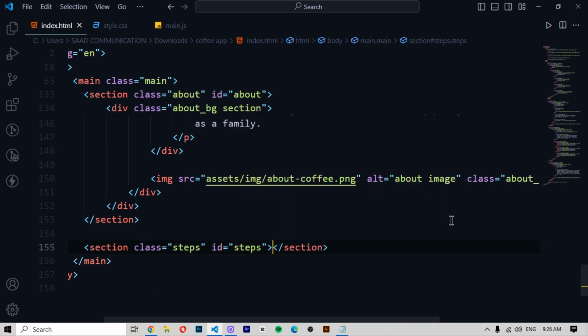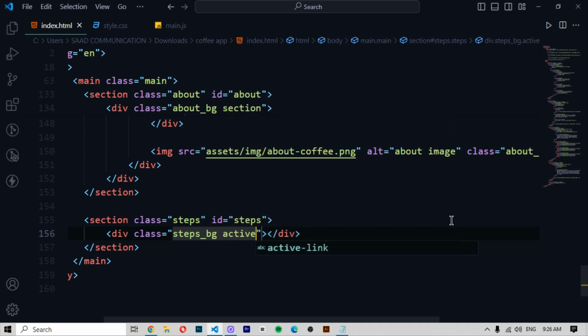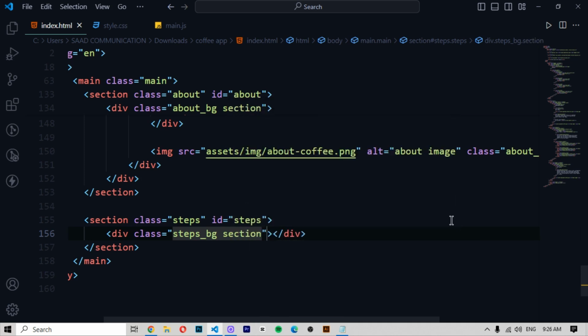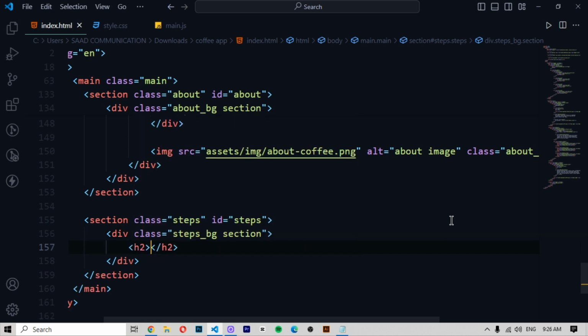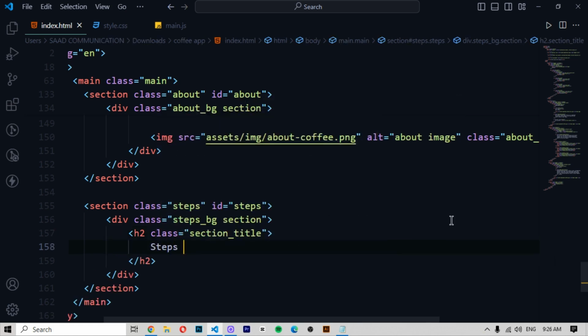Iris will also be steps. Enter, and then div class will be steps. So add bg active... bg section, sorry. Steps bg section, then enter press, and then h2 class will be section title, and then here you write like steps of manufacturing